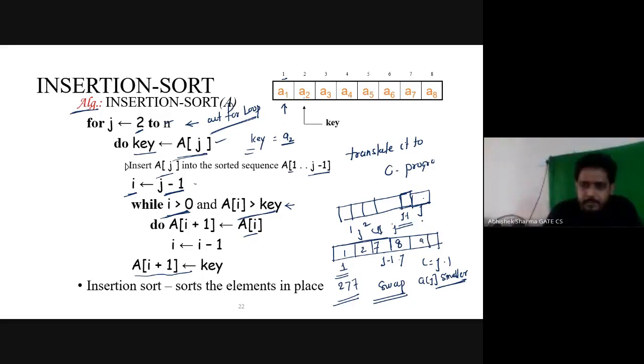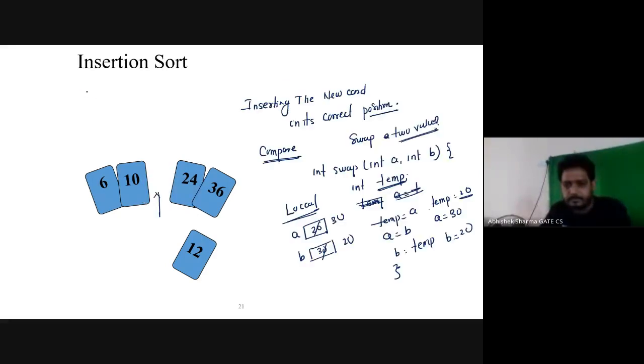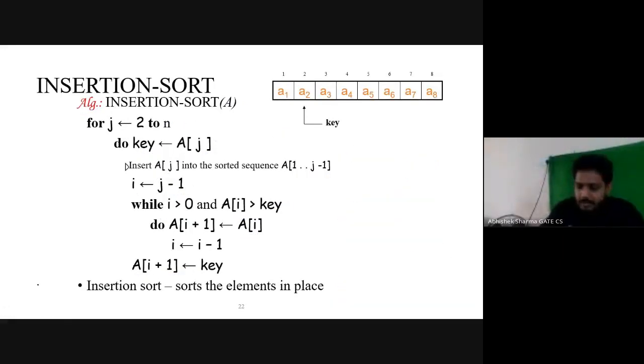So now what I'm going to do here is this. Suppose this is the instance. What I'm writing here is just a small instance of insertion sort, and you should apply this algorithm, because until you apply it, you will not learn it.